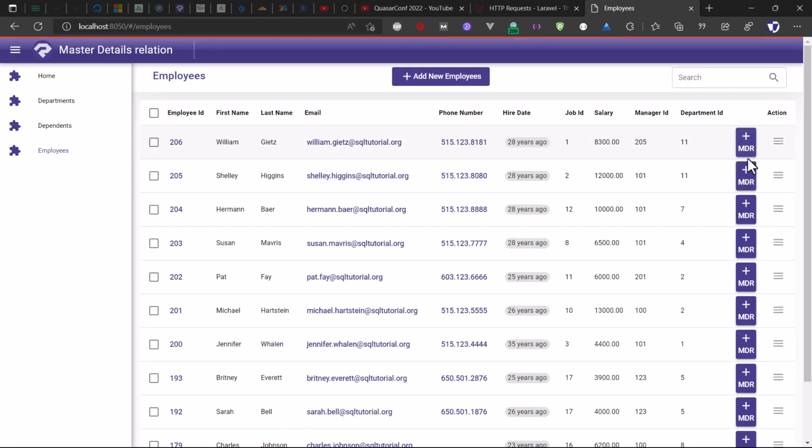You can see the button that appears on the right with the text I added, and when I click it, the drawer opens.